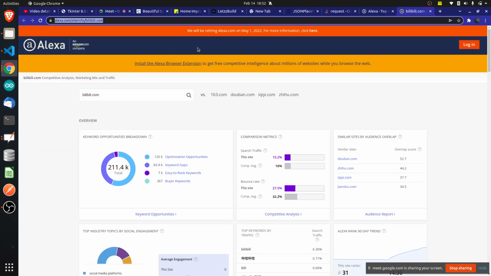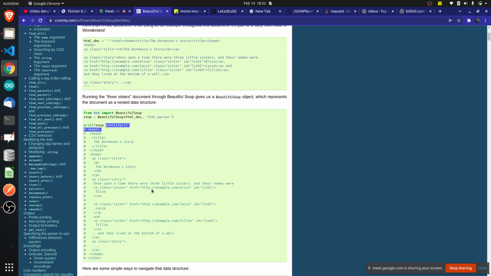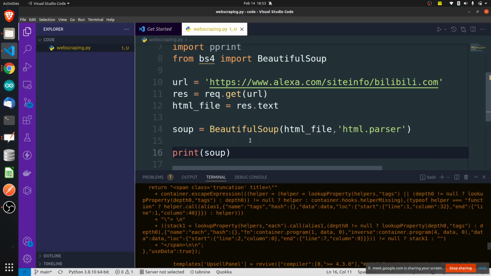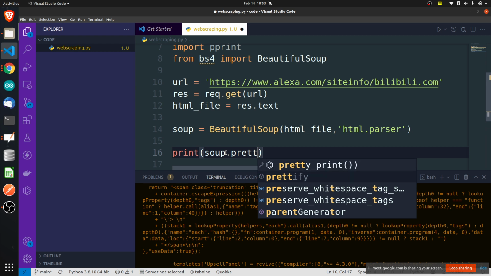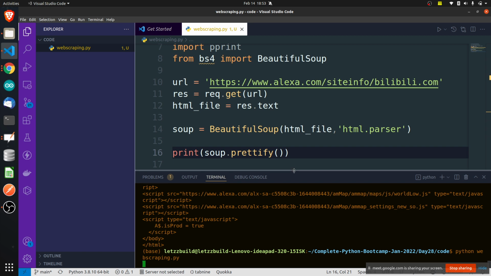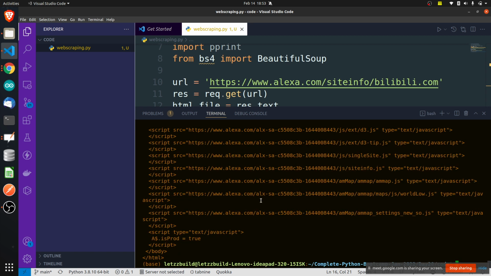Now let's go to this library, Beautiful Soup, and see how we actually get something. If you do soup.prettify, the HTML file will be prettified. That means it will be arranged properly and look good. Let's try it and see. Soup.prettify, come on. If I do it, it will prettify my HTML file. Soup is holding the scraped HTML file itself. Now it is prettified. Looks good.